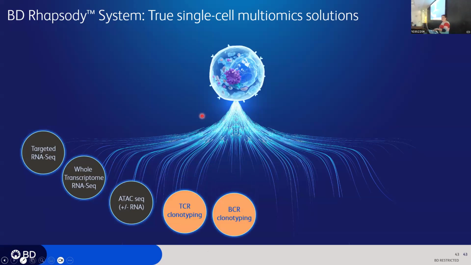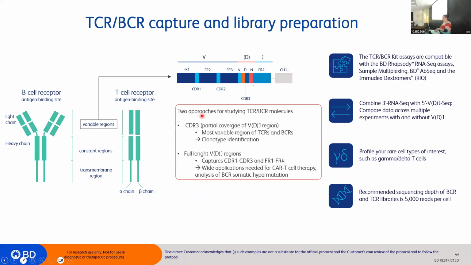Next, I'll touch on our TCR-BCR Next assay. So this is our assay that we offer for looking at T cell and B cell receptor sequencing. We do offer full-length VDJ, where we capture CR1, 2, and 3 regions, and this assay is compatible with our mRNA assays as well as our protein assay and multiplexing, and it allows us to look at these different sequences